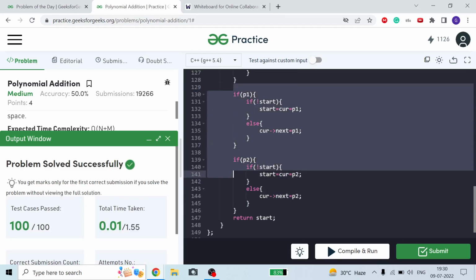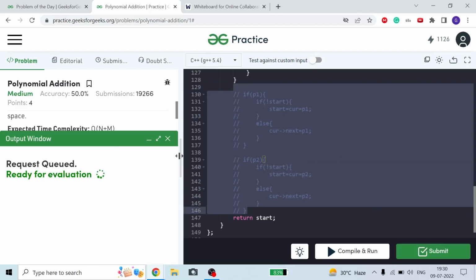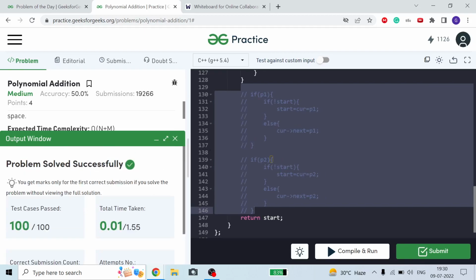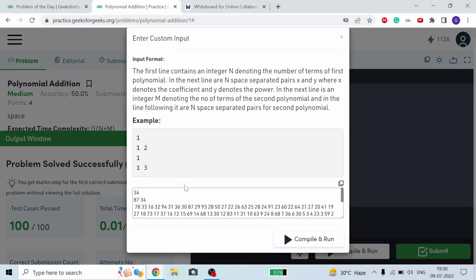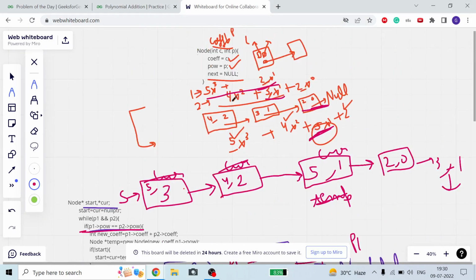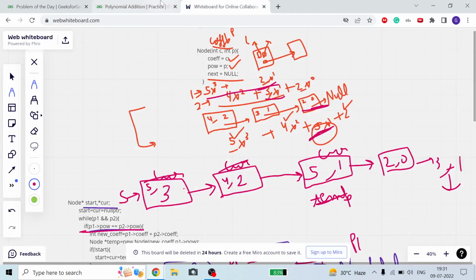And now I am showing, if I comment this out and submit it, you can see it will submit without it as well. Okay guys, this is submitting without it, but now I have taken 5x. So I have a polynomial of length 2, 5x3 and 2x1.